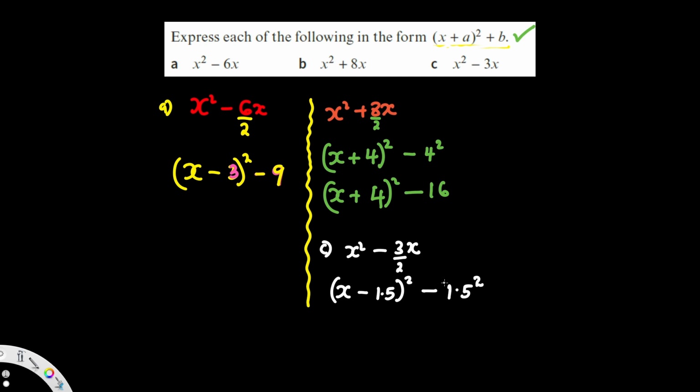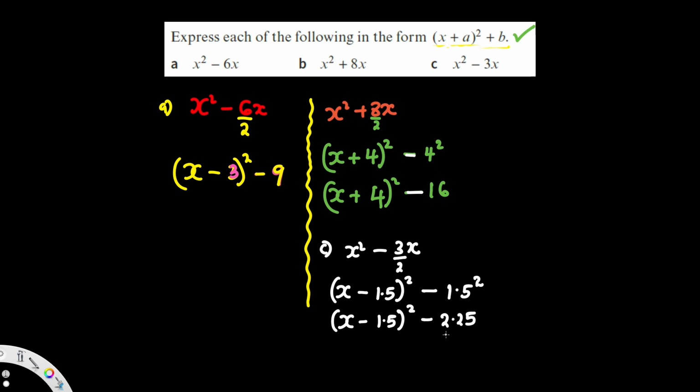1.5. Now, something I need to bring to your attention is that anytime you are expressing into a completing square, you have to ensure that this is always subtracted. It doesn't matter whether it's a positive or a negative. That number that is squared outside, you have to subtract it. So at any given point, even if the expression was addition like this, the final answer here you are going to subtract, and therefore we are going to have x minus 1.5 squared minus